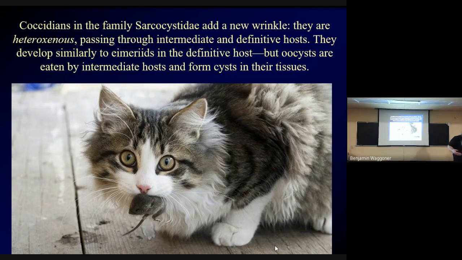The oocysts get eaten by intermediate hosts and form cysts in the intermediate host tissues, which in this case is the mouse. When the cat eats the mouse, the cat gets infected, and the cat serves as the definitive host for these